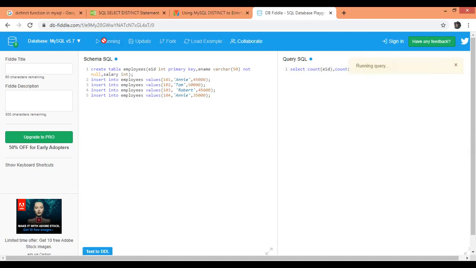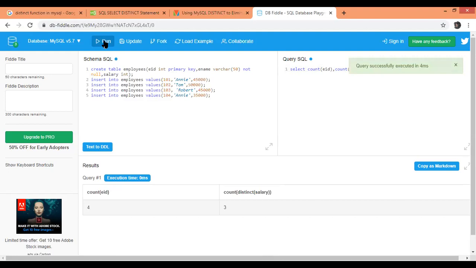I'll run it. Now you can check the count of EID, the employee ID, is 4, but the count of distinct salary is 3. Why? Because we can check that Annie and Robert have 45,000 in salary. The distinct keyword does not take any duplicate value, so it is counted only one time. That's why the distinct salary count is 3.